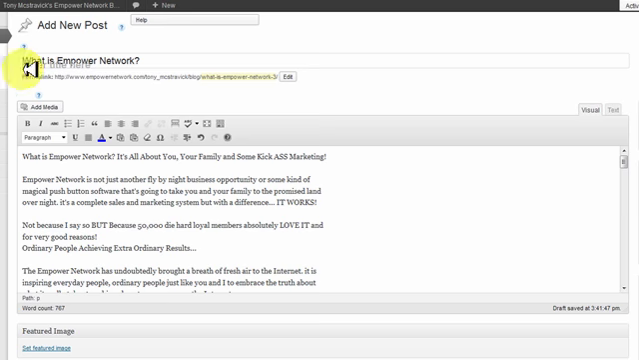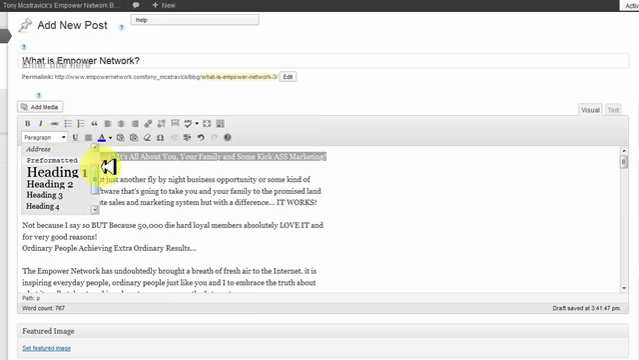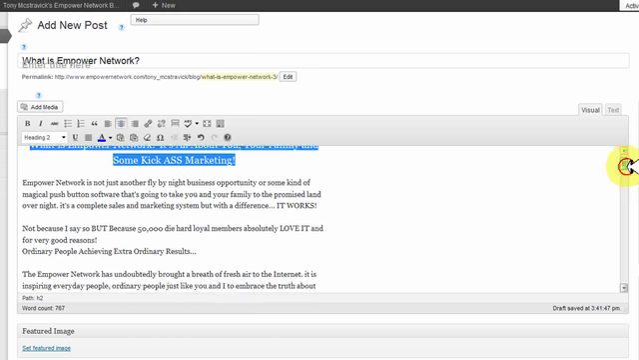So this here, the headline, what is Empower Network, the search engines consider this as your H1 tag. Now your subheadline, I always turn this into a H2 tag, but you can also have a H1 tag here also. But for me, I like to make it a H2 tag. So I'm going to make it a H2 tag. So come over to where it says paragraph, drop down menu, put that into a H2 tag. Now you can centralize that if you so wish. I'm going to centralize it here. Now as we come down,